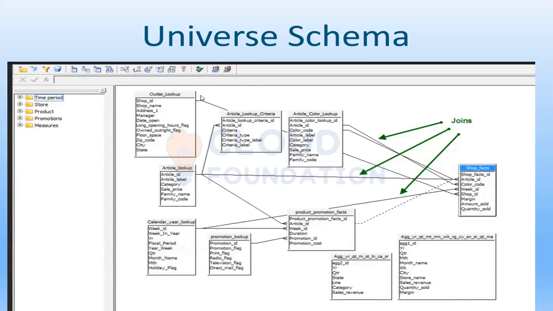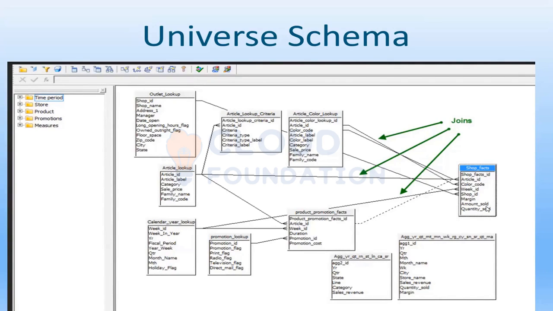Dimension table means the dimension in which we are making the analysis. Are we doing analysis on the product side? Are we doing analysis on the outlet? These all come under dimension tables. It is like a perspective of analysis. A fact table denotes the measures, like what is the quantity, what is the margin, what is the amount.